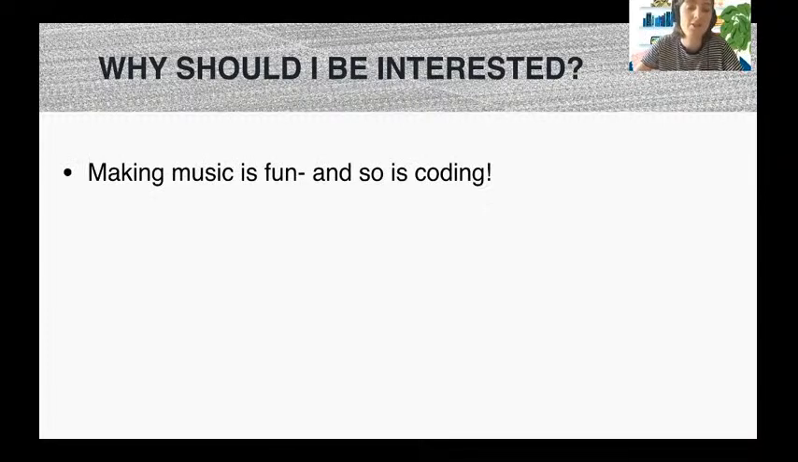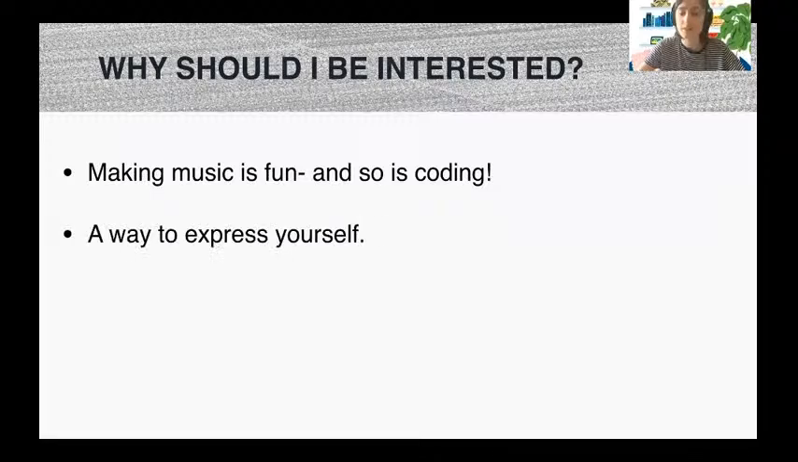So similarly, today we're going to be using algorithms to make music, and I'm going to hopefully convince you that that is fun, and so is coding. But why should we be interested? Well,